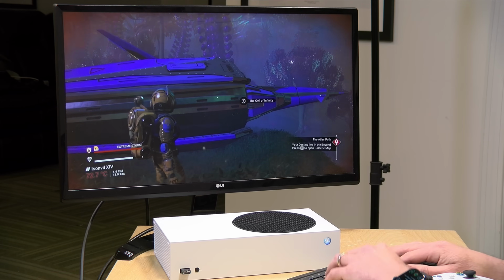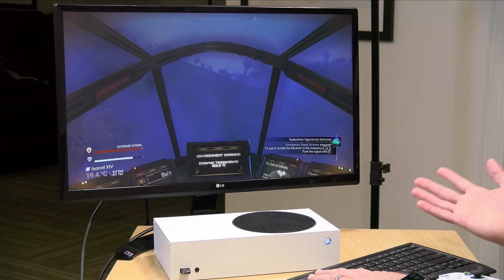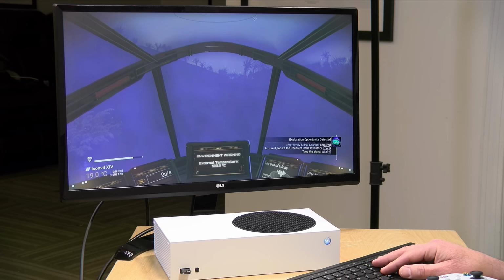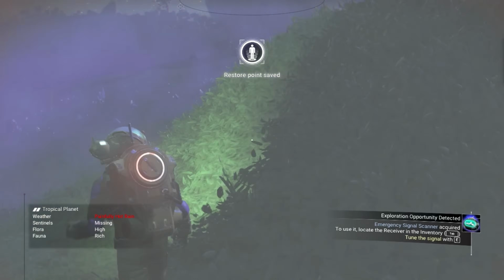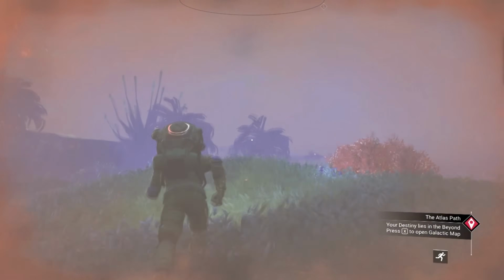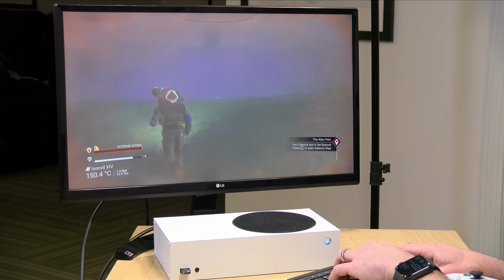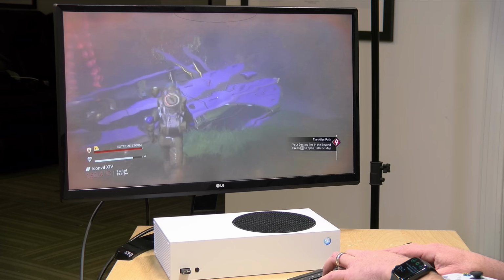But on the Xbox, you can also run the Edge browser, and streaming services that support the Edge browser will actually run on your Xbox. So right now we're running GeForce Now and streaming No Man's Sky from my Steam account here. It's not ideal, but it does seem to work. And as you can see here, I'm able to use keyboard and mouse controls with it too. So kind of neat that you can do this kind of thing on here, and it seems to function pretty